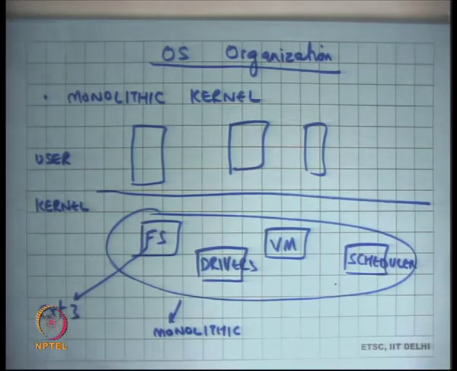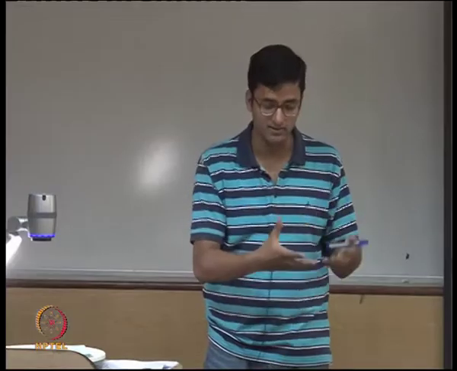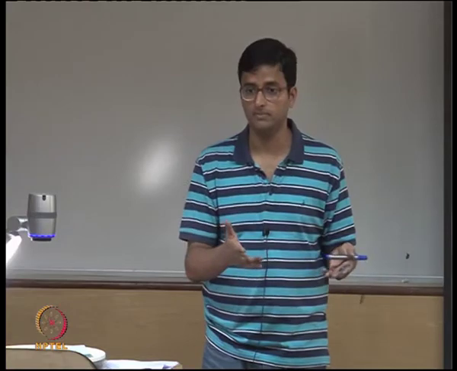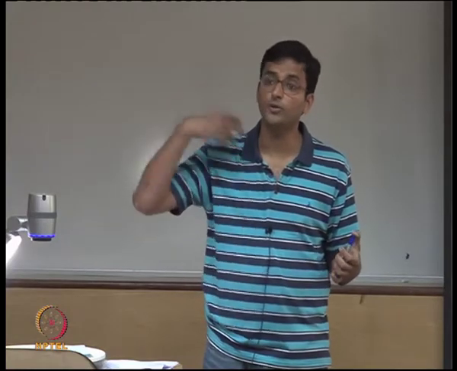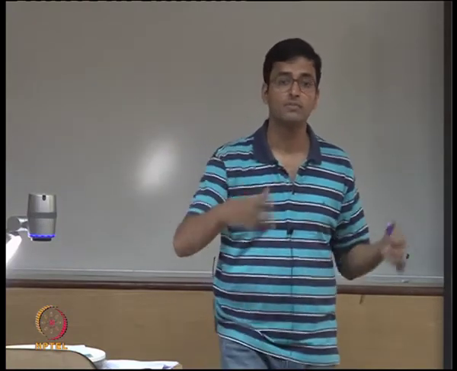So how do I choose whether ext3 is my right file system or whether something else is the right file system? Well, my choice will depend on what kind of applications are going to run on this file system, right? So I have to commit to a type of file system or an implementation of a file system very early. I have to guess what's going to be run on this operating system at the time of OS design,